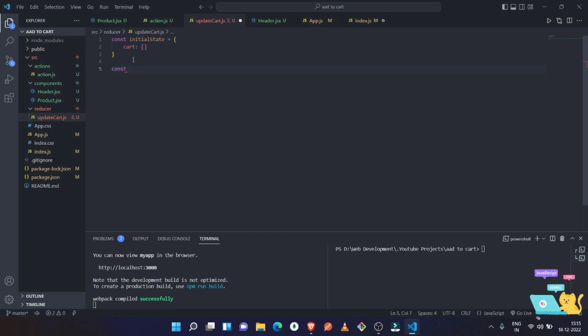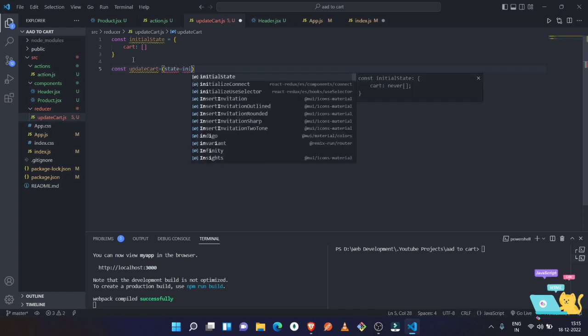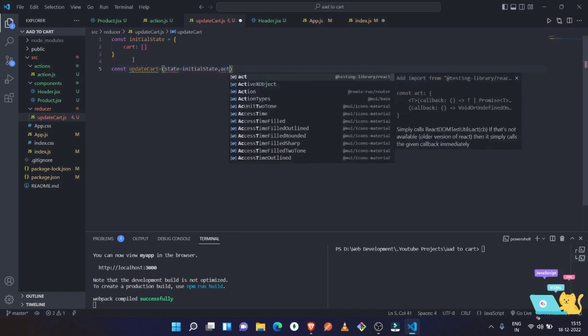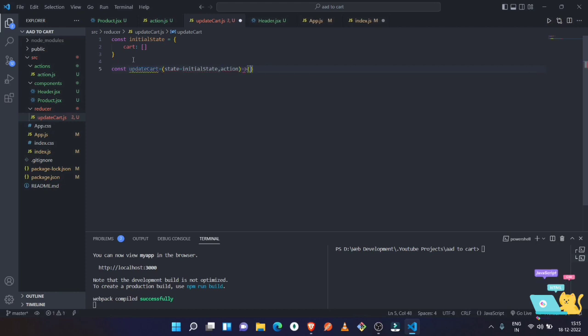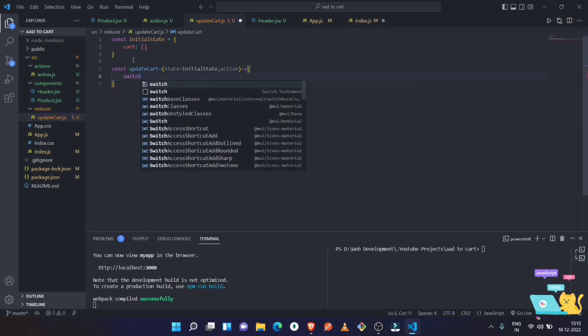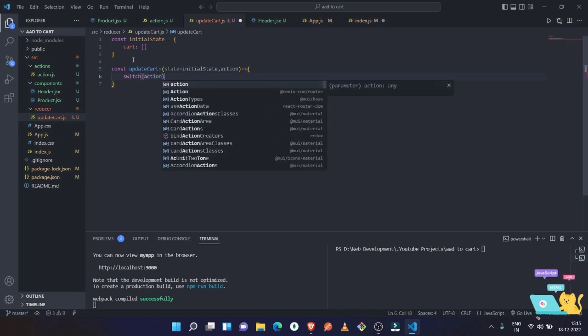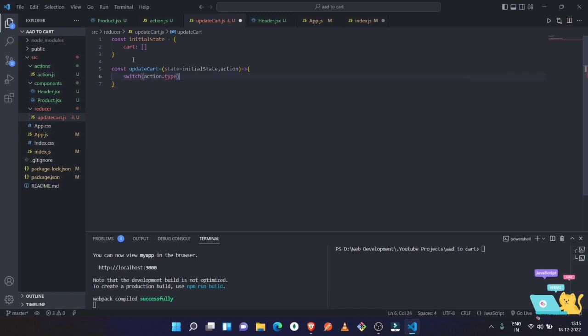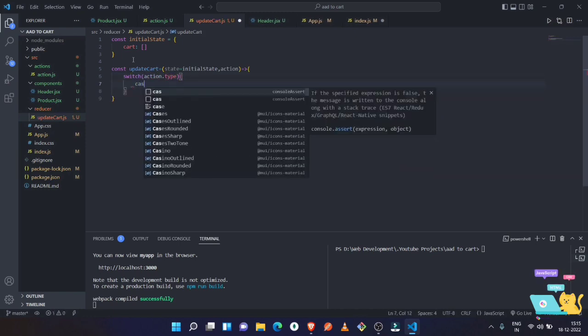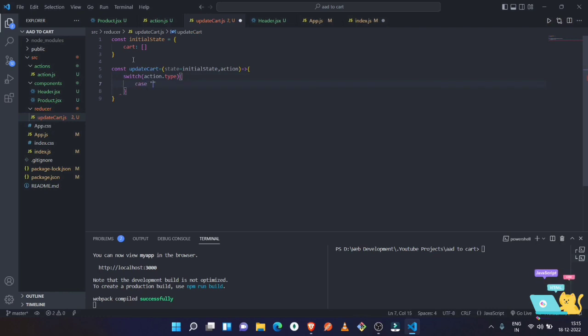And after that we just need to define our reducer. So const update cart is equal to, and now it will receive a state and action. So state will be the initial state and then action, and down below we have to define the switch case structure. So switch, and inside that we have to receive the action dot type. So the first case will be add to cart, and if this case matches